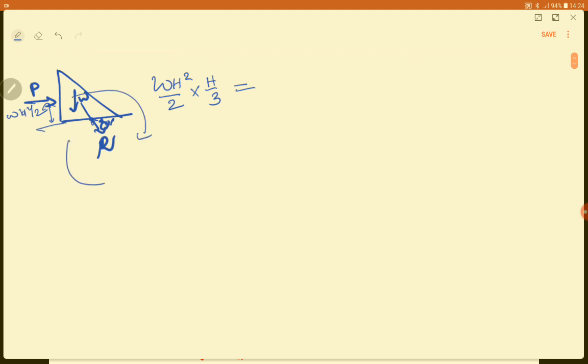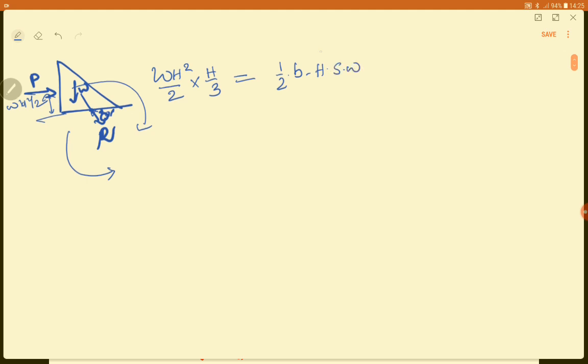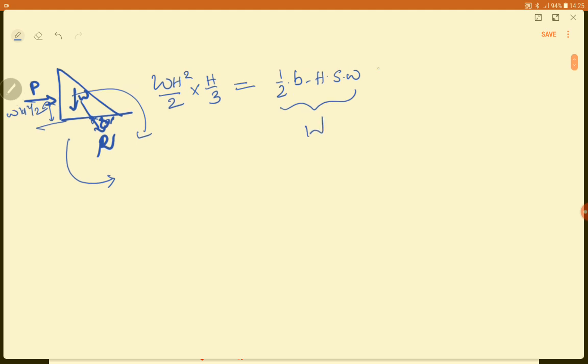So what will be the balancing moment here? It will be because of the weight of the structure. So the overturning moment is equated to the balancing moment. The equation becomes half into W into, where W is equal to half into B into H into S into W. That is the W. This term is W, into E plus B by 6. That is the lever arm there.